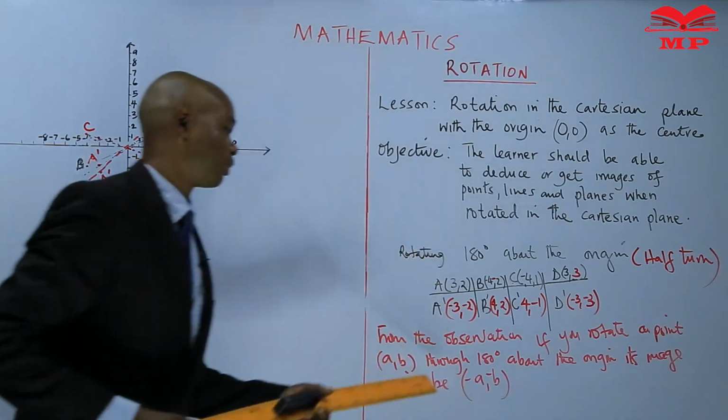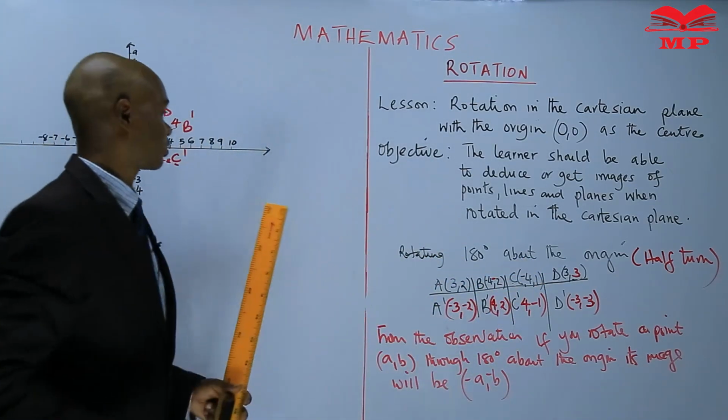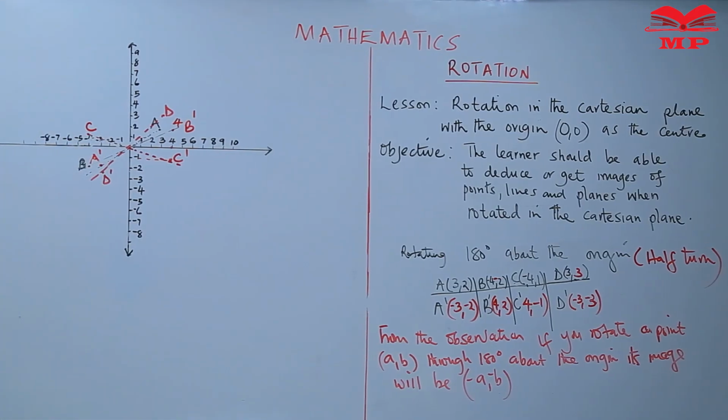So if it is 4, 4, it will become -4, -4. That is the conclusion. So you can easily come and look at rotating through